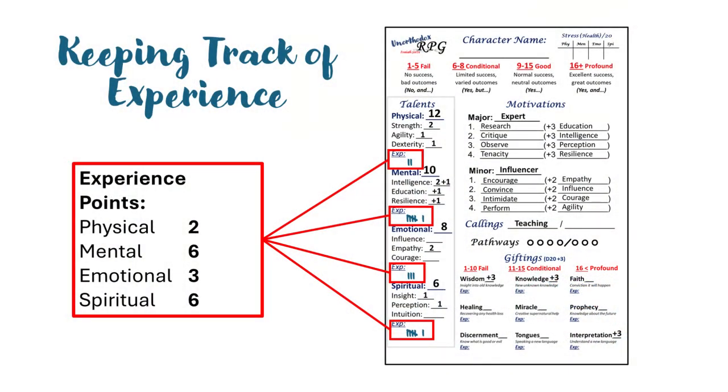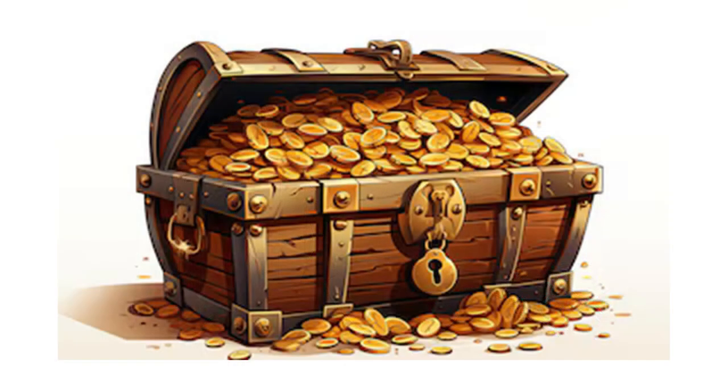Characters level by using the experience points that they have stored, that they have kept and not used during the game, and they can be used between sessions when they can be spent to level up along a particular pathway. So there is a decision that players need to make whether they want to use the experience points during the game to help their dice rolls and possibly give them away to other people, or whether they want to keep them and use them for themselves to level up. So that's another moral choice that the players can make in terms of actually influencing their own increase as a character. So the pathways look like this.